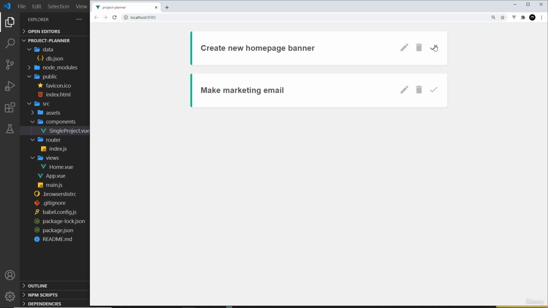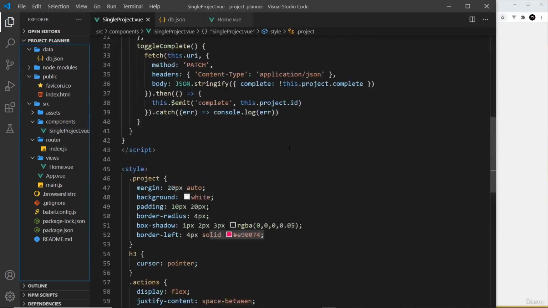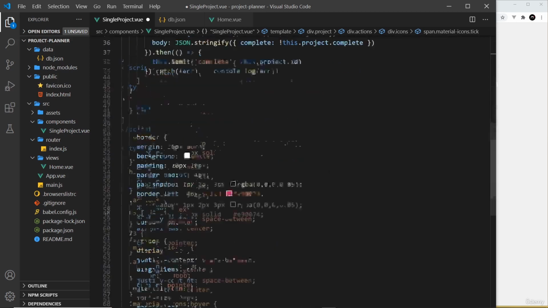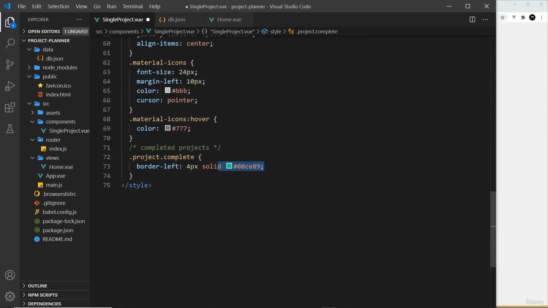So that's pretty nice. It would be nice if we could do something similar for this tick. And to do that, we're going to have to apply a class to that icon that is unique. So it's this one right here. And we'll give it a class of tick. And all I want to do is give this the same color as this border down here if the project is complete. So I could say